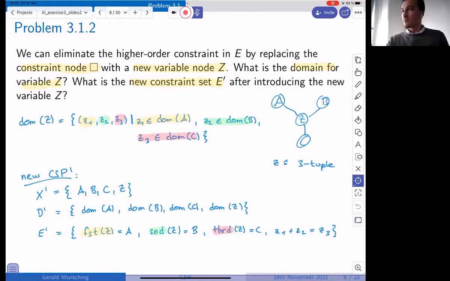Yes, one more important thing. Somebody asked if there should be a square constraint node in each arc of the new graph. Yes, there should be. It's just that we drew this constraint graph beforehand, before actually defining the constraints, so this was just to get an idea of what we're doing. In the new CSP's solution afterwards, we would have some kind of constraints in between. But good point. Thank you for noticing that.